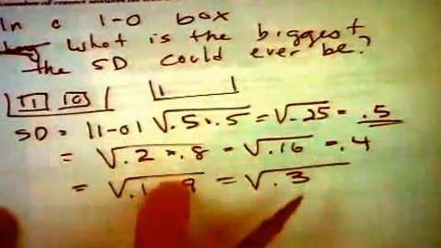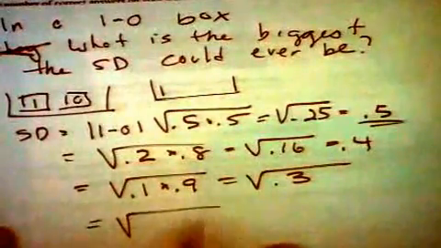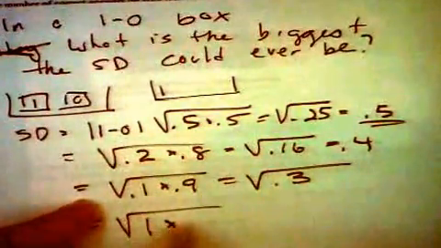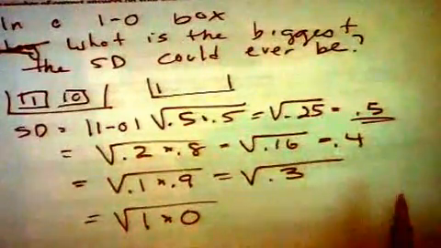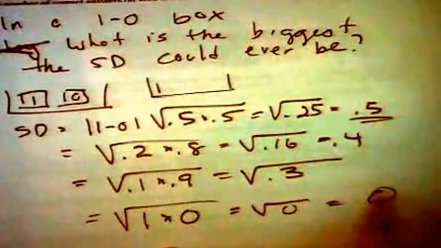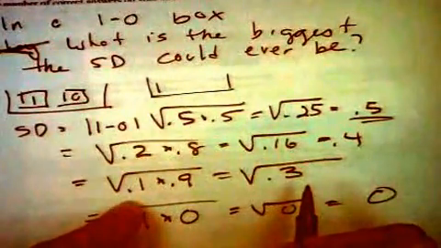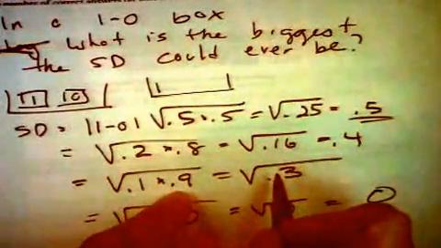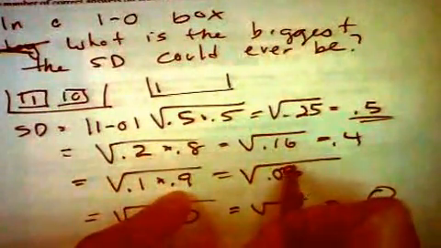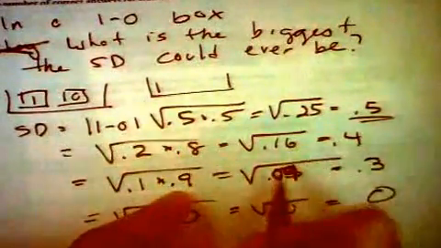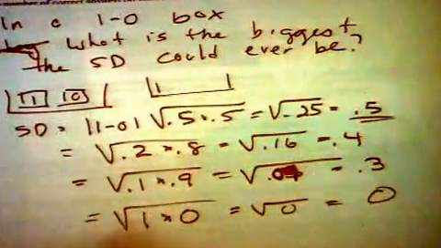0.3. Do you think you can ever get higher than 50%? Look how it's going to go. What if I went all the way down to all ones? All ones, I'd have 1 times 0. If it was all ones or all zeros, what's that? That's 0. What did I do here? Look what I did. I did this all wrong. 0.1 times 0.9 is point what? 0.09. Sorry, no wonder. That's 0.09, which is equal to 0.3. I am so sorry.